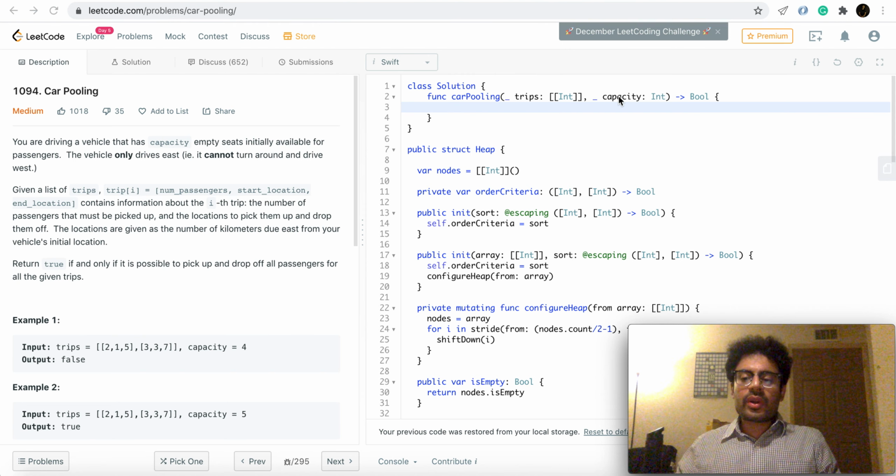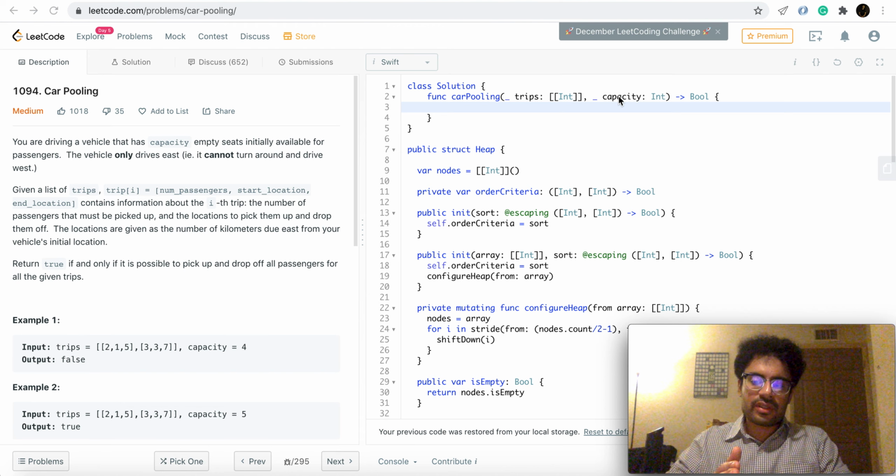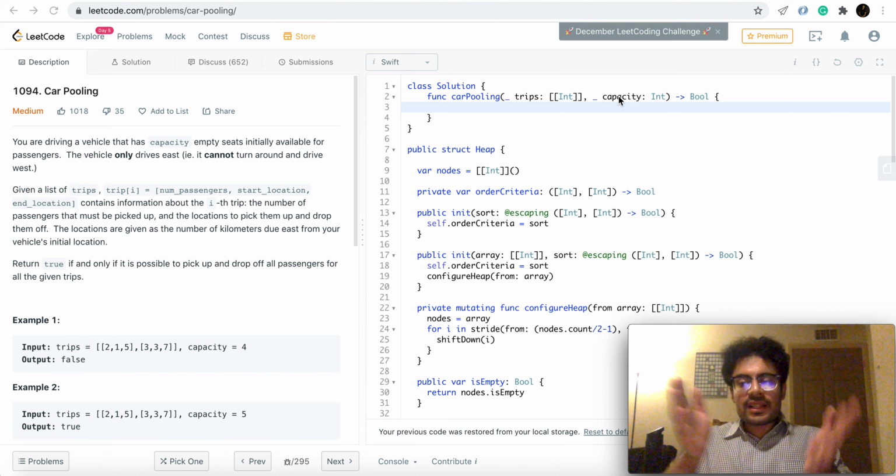If at any point the running capacity is less than the number of passengers the current trip needs, it means that the trip cannot be completed. Even if one trip cannot be completed, it fails the entire solution. So we'll immediately return false for the entire problem at that point. And that's basically it.